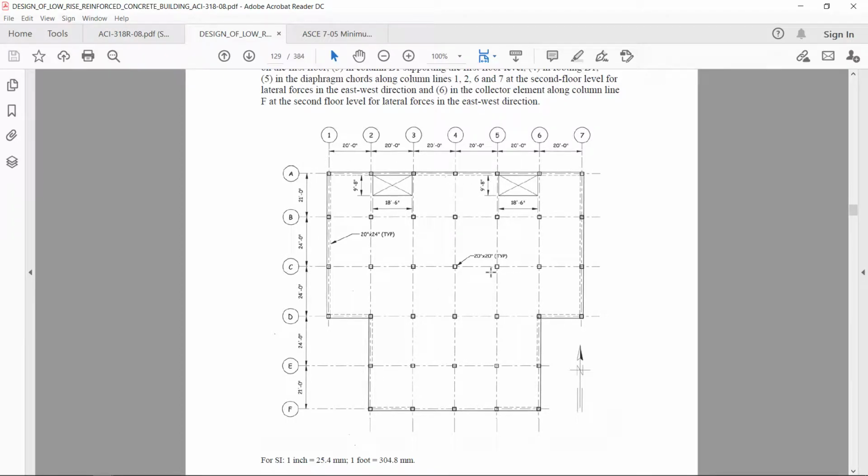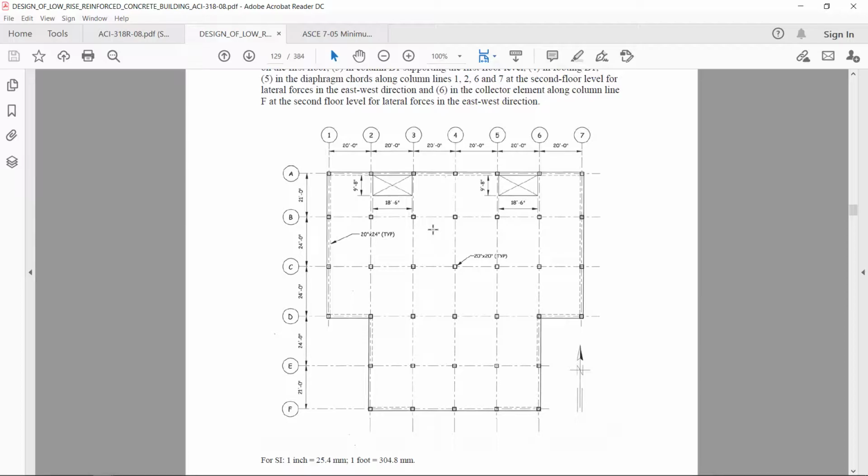There are openings also. The slab is a flat slab. All the columns are 20 by 20. Beams on the periphery are 20 inch by 24 inch. This example I solved with ETABS, and what we found is that the design of the slab is exactly the same as whatever is presented in this book, but there is some difference in the beams. The result from ETABS shows less reinforcement than whatever is calculated over here.